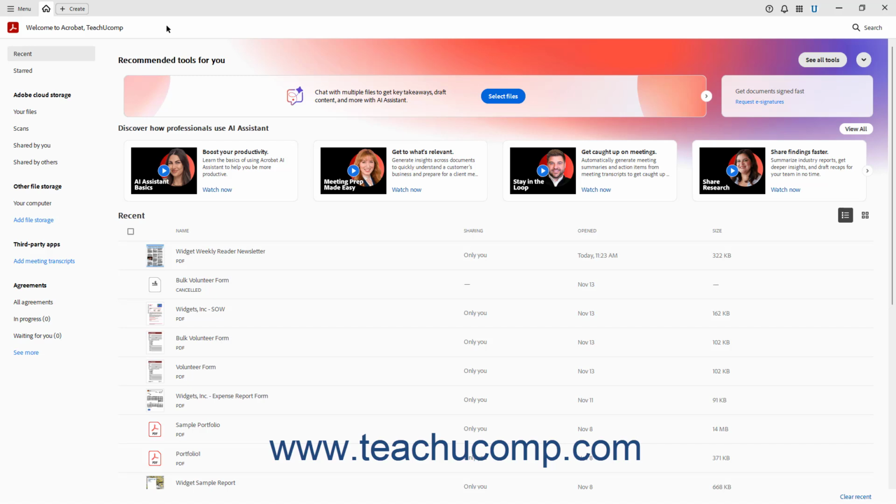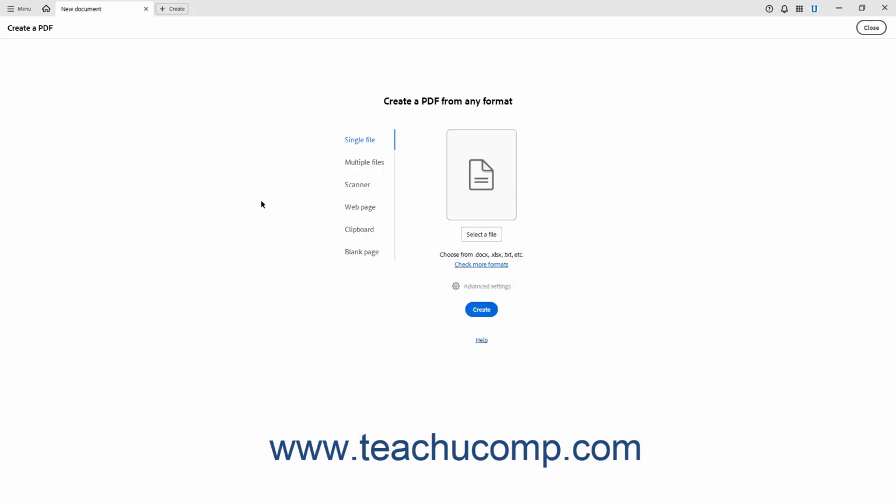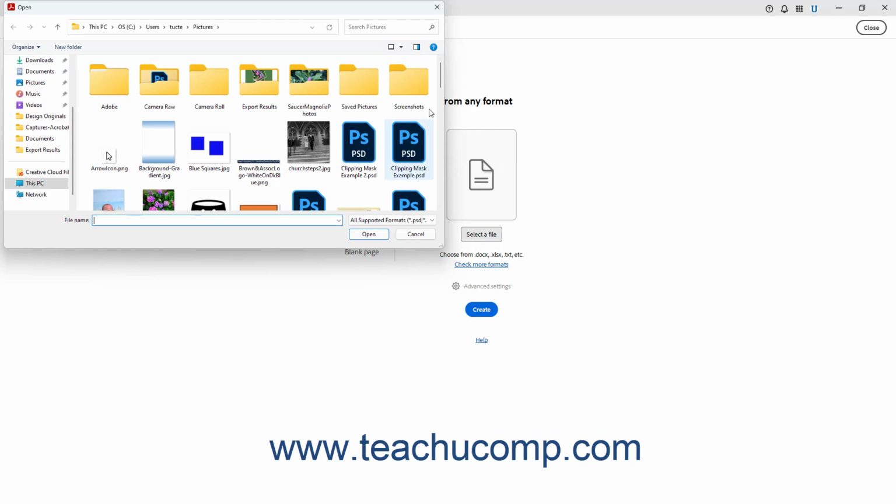OCR is enabled in Acrobat by default. Acrobat also only applies OCR to PDF pages that do not contain existing editable text. However, Acrobat automatically applies OCR by default in many situations. For example, if you create a new PDF from an image containing text,